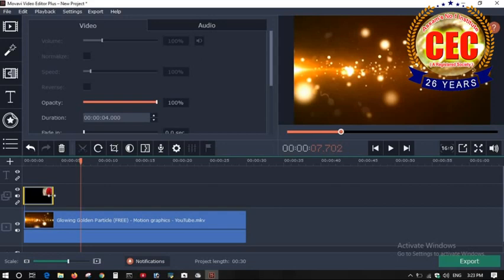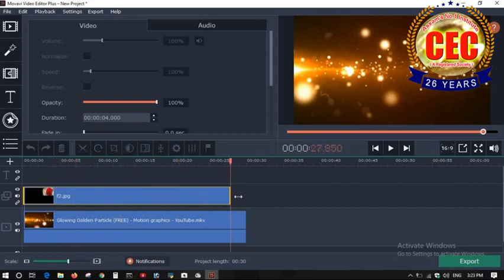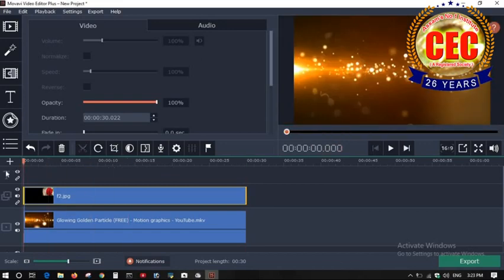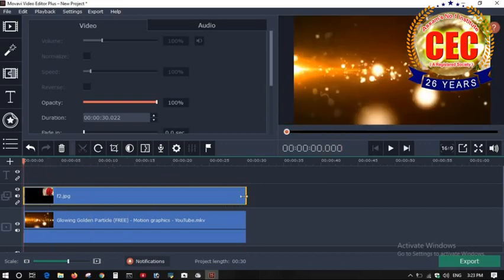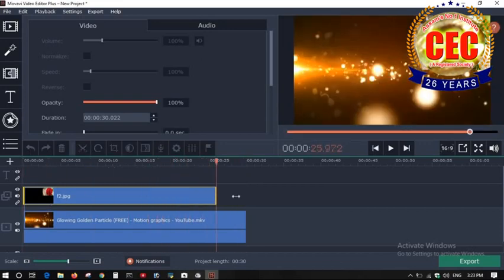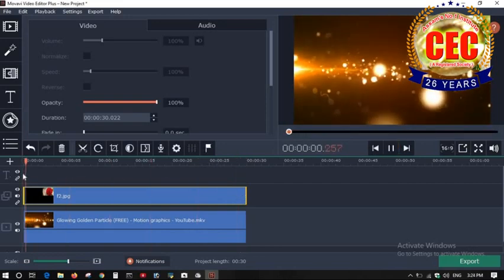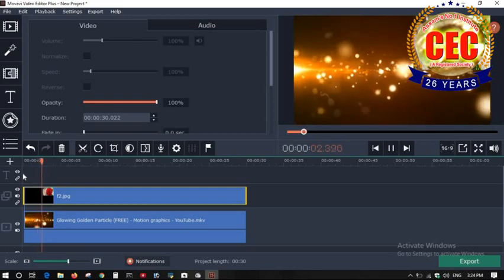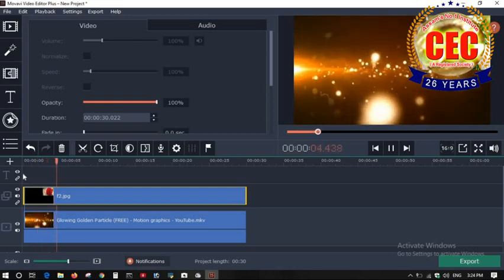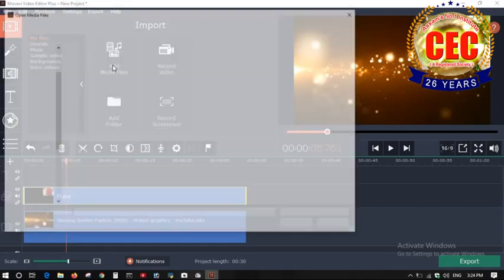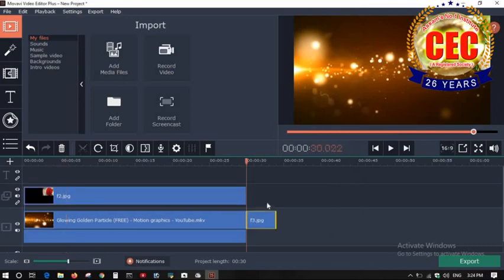If you want the picture on the entire video, then you just need to enlarge this, clicking here like this. Like this, you can see the picture will be there for the entire video duration. You can also put more pictures like this one.